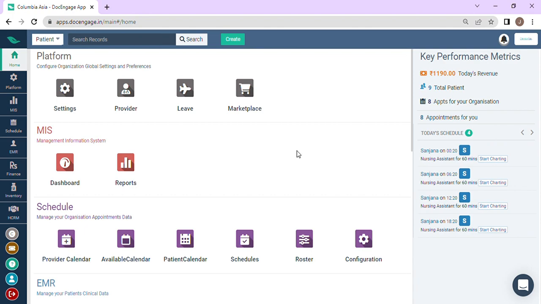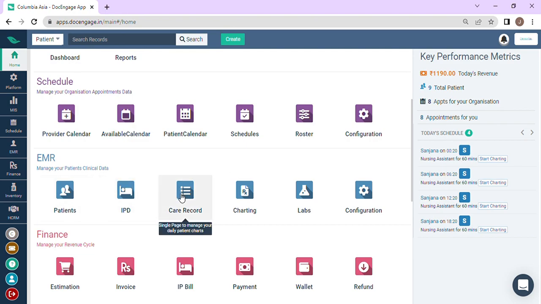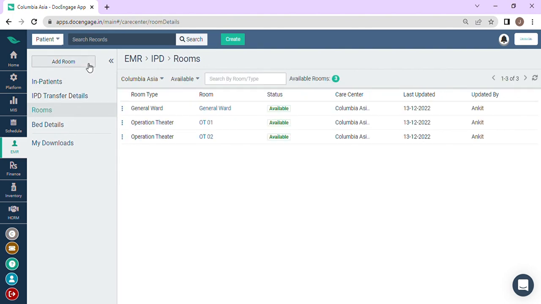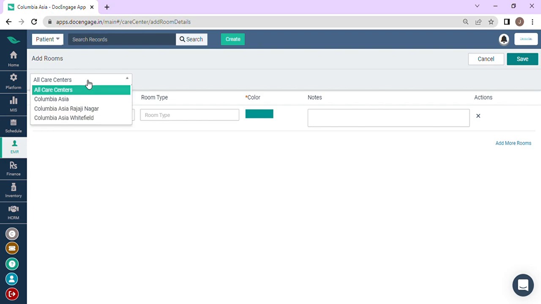Now let us see how to configure the rooms and beds in DocEngage. I'll go to this EMR IPD, where I can see the rooms and bed details. If I click on rooms, I can add any number of rooms here. I'll add one room. I need to select the care center and whatever room name I want to give. So let us say I want to give general ward